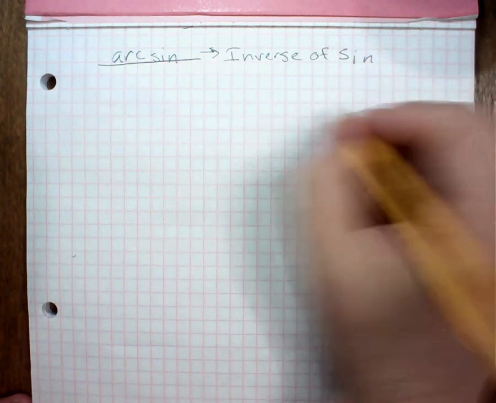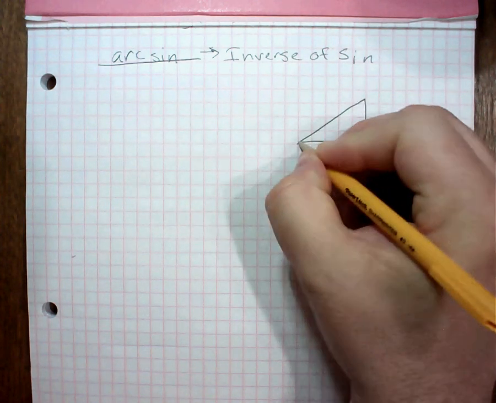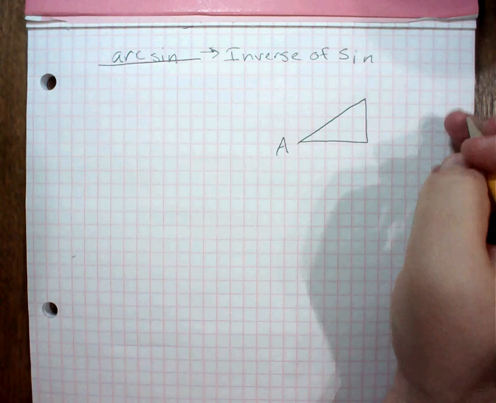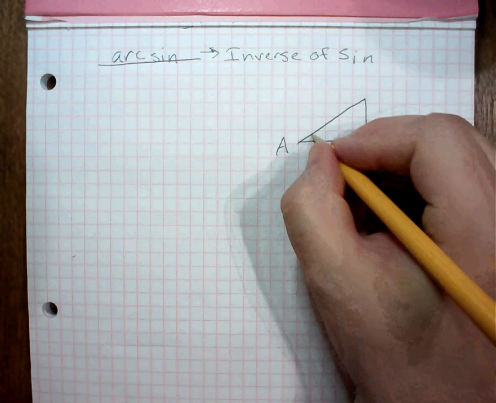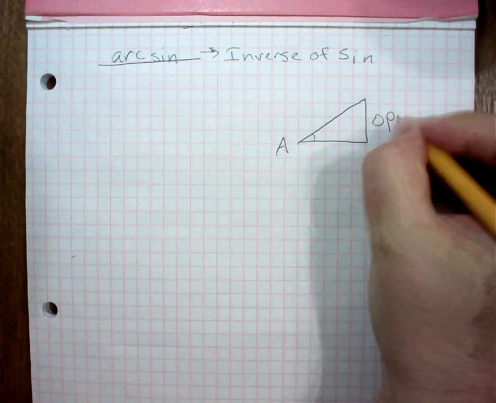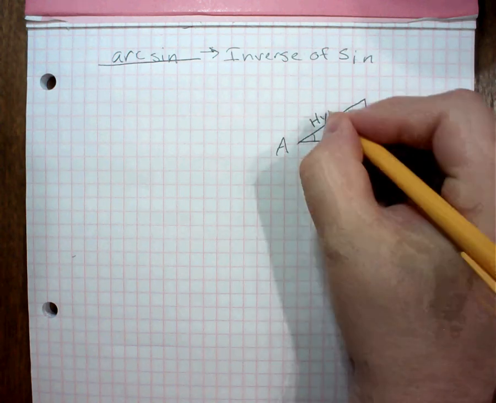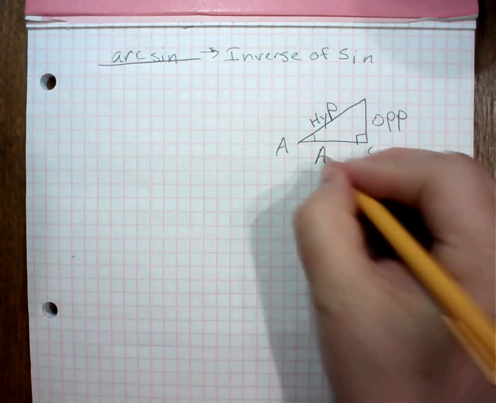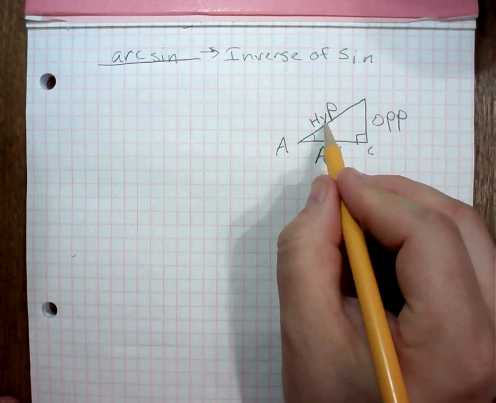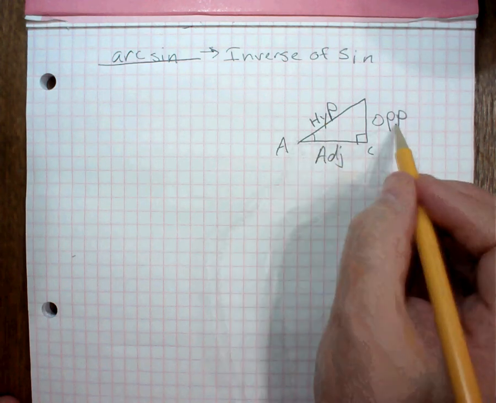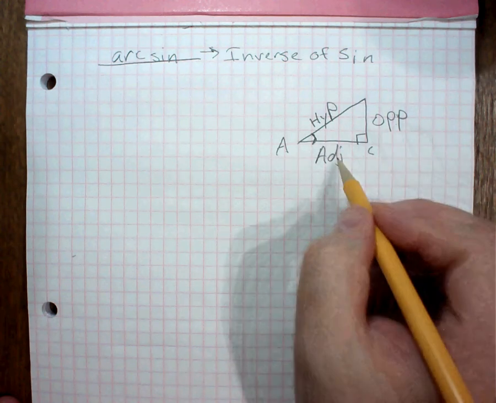So again, if I have a right triangle like this, where this is angle A, for angle A I'm going to have the opposite here. This is capital C, the hypotenuse, and this would be the adjacent. The hypotenuse is across from the 90-degree angle, the opposite is the side across from the angle that we're interested in, and the adjacent is the remaining